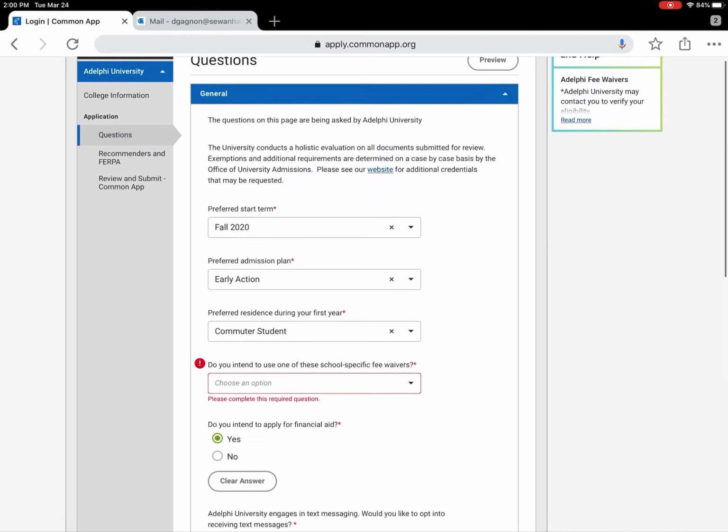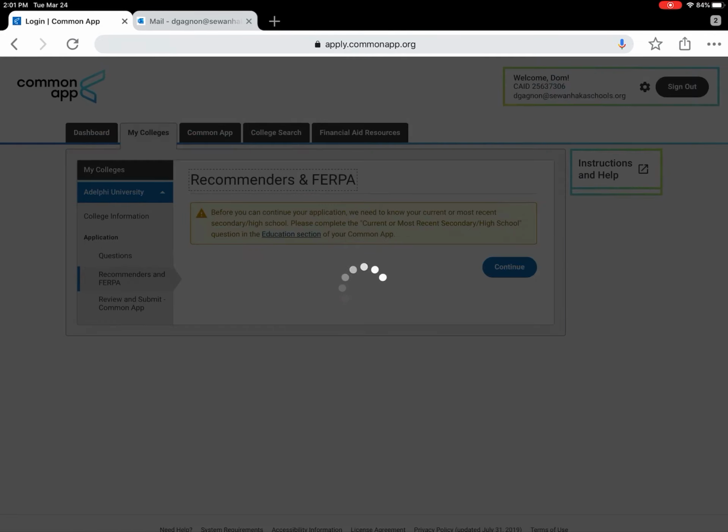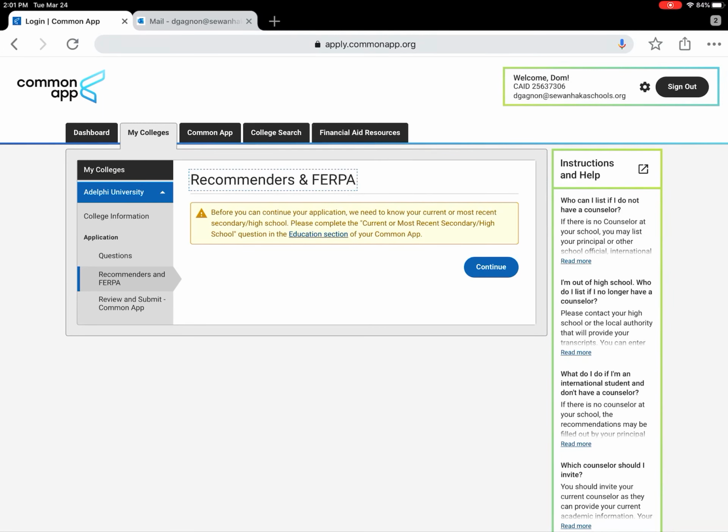So when you go back here, you're going to see all these questions. And next to it, it's going to be a little asterisk with a red star. Anything in this application that has a red star and an asterisk next to it means it has to be filled out in order to complete it. Next to that are the Common App recommenders and FERPA. This particular area doesn't need to be filled out. If you fill it out now, it's going to erase all your hard work, and you have to redo it again in August. So now you can create the Common App itself, but don't start filling the recommenders and FERPA out until middle